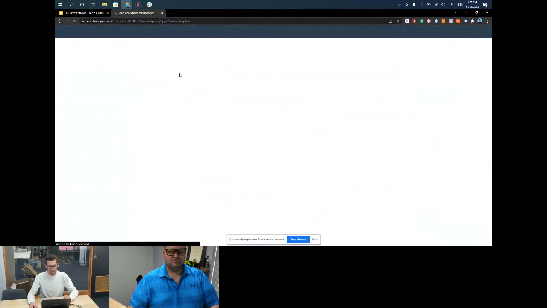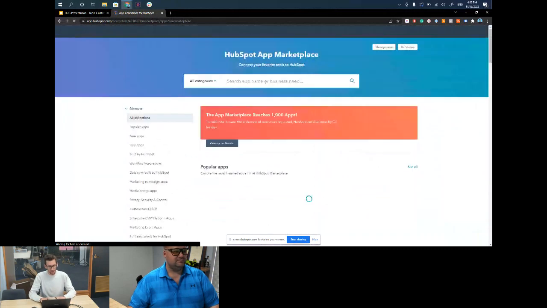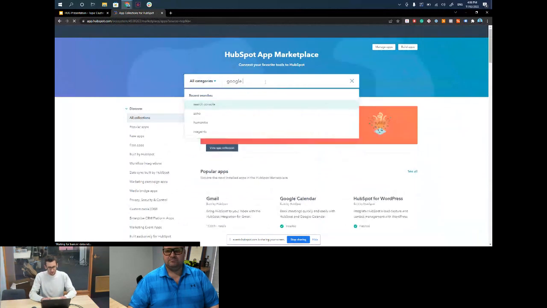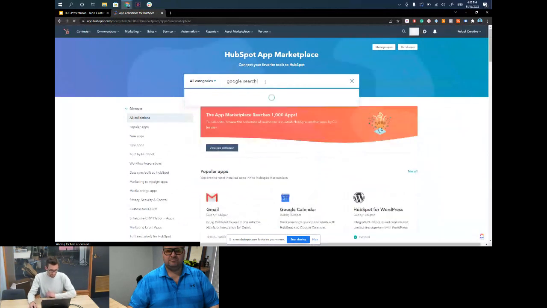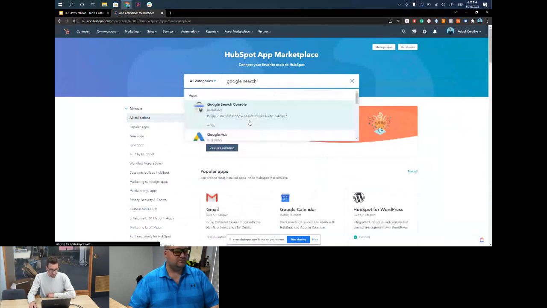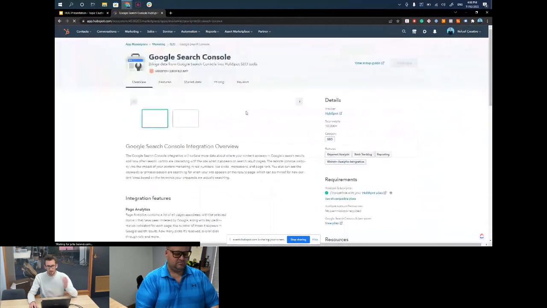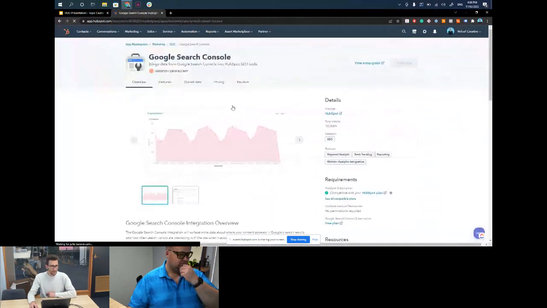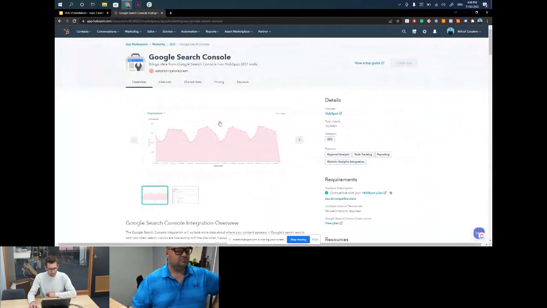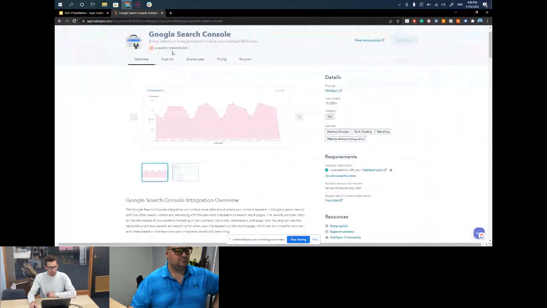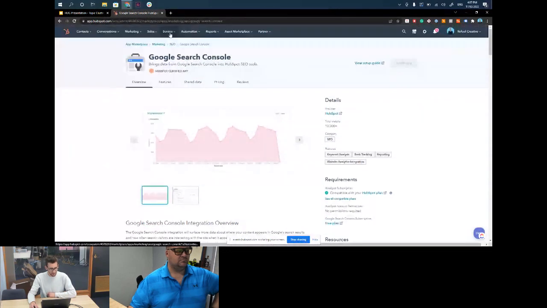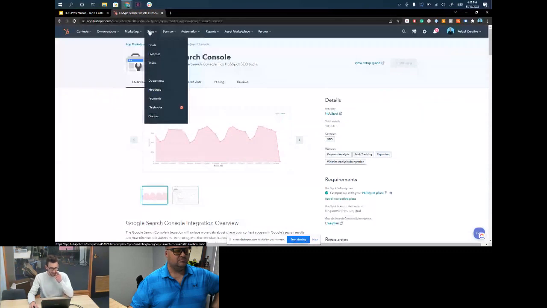But if you go to the app marketplace, there's a Google Search Console integration that's fully certified by HubSpot and all that jazz. So you can see that we've already got it in Refuel, and it's good practice, because if we go back to our topic cluster,